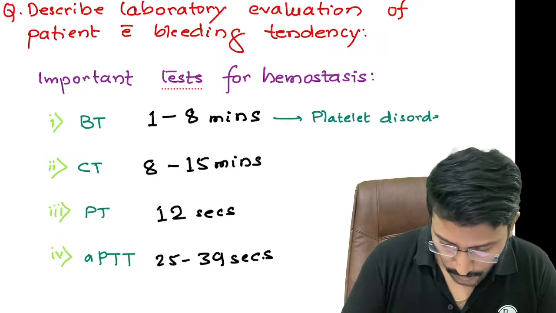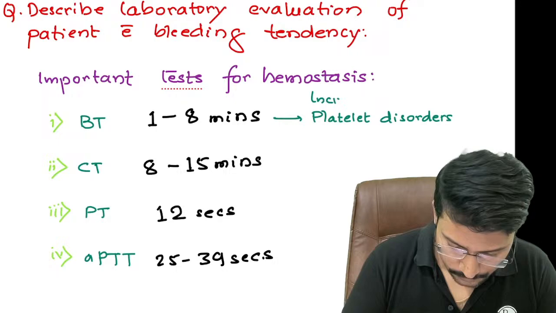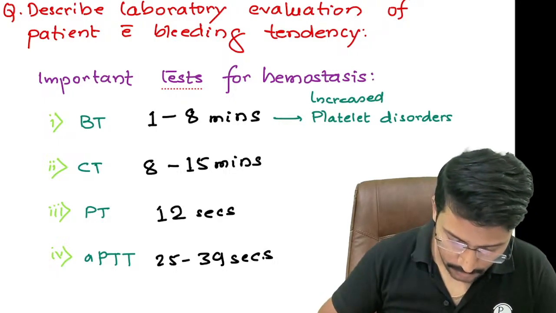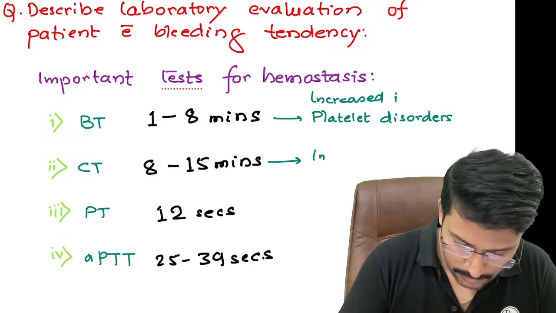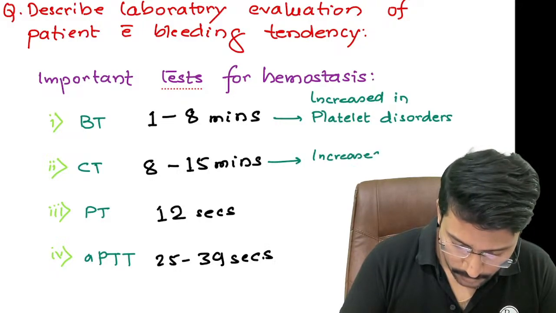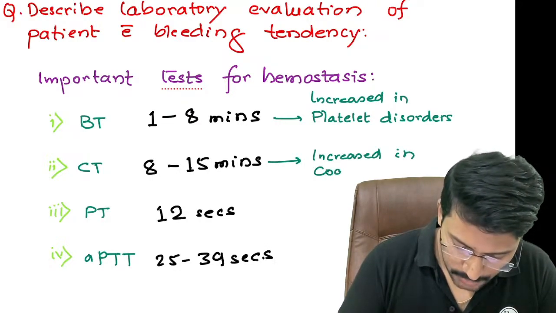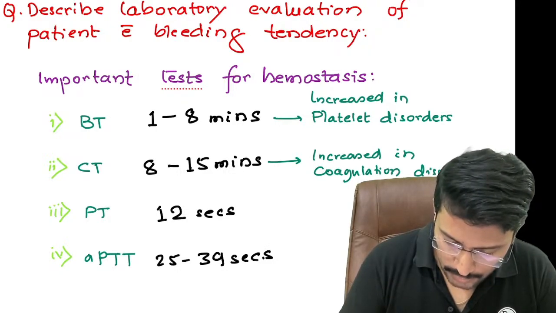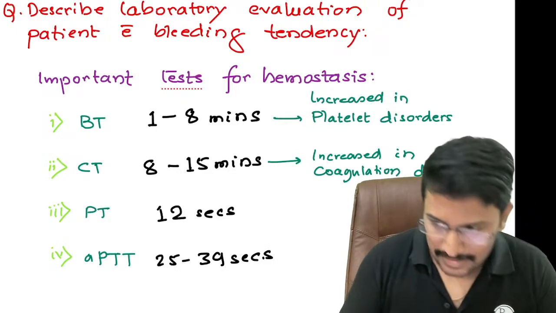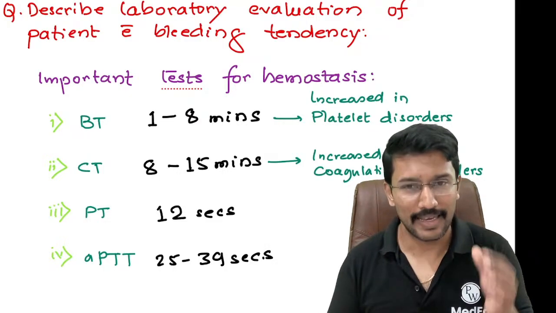Platelet disorders. And if the clotting time is increased, it indicates coagulation disorders. Okay. Now in coagulation disorders also, I want to understand whether the pathology is affecting the extrinsic pathway